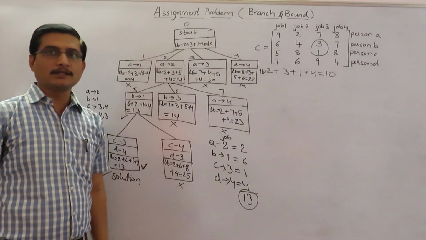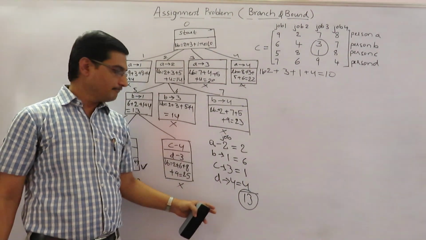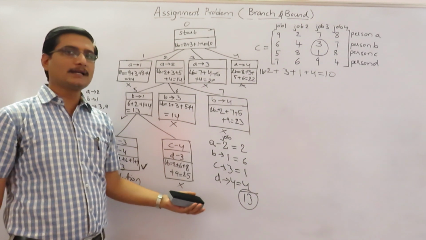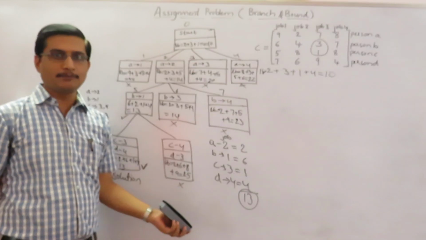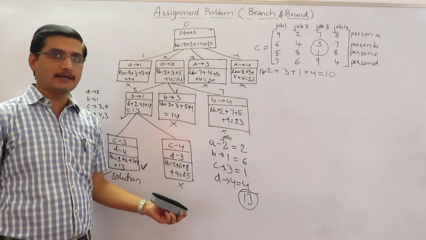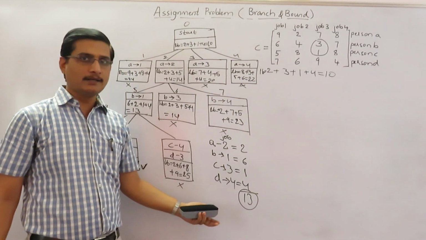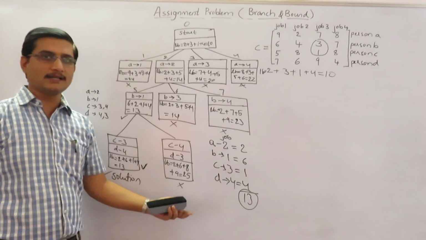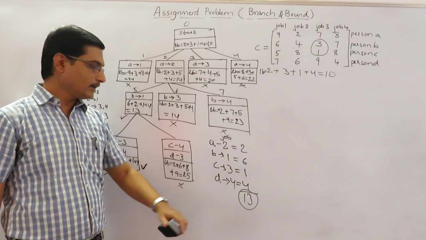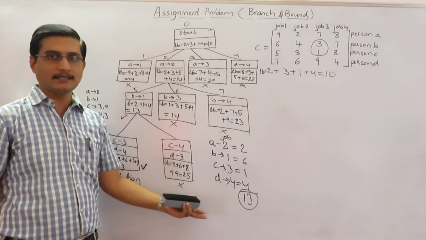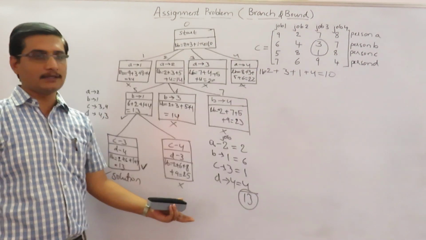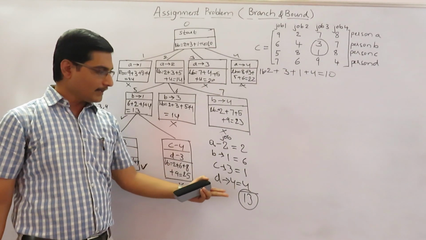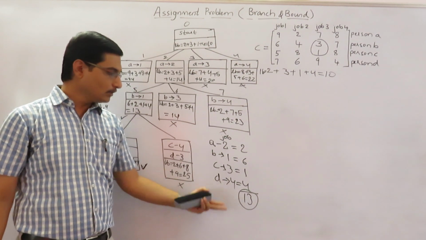So this is how we can solve the assignment problem using branch and bound. See that this process is comparatively tedious, and we have one more method of solving the assignment problem, that is the Hungarian method, whose efficiency is much higher than this one. So you can consider solving the assignment problem using branch and bound as just of theoretical importance. You cannot apply this because we have a better method than this, which is the Hungarian method, which is beyond the scope of our syllabus. If you are interested, you can go through the Hungarian method.